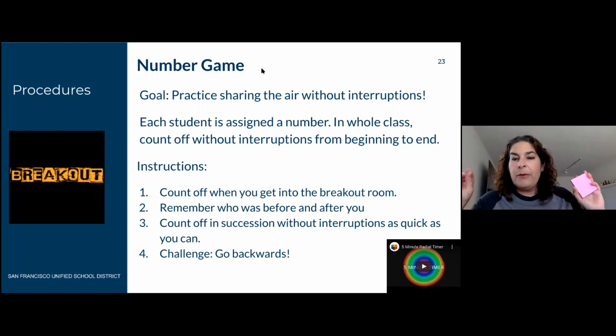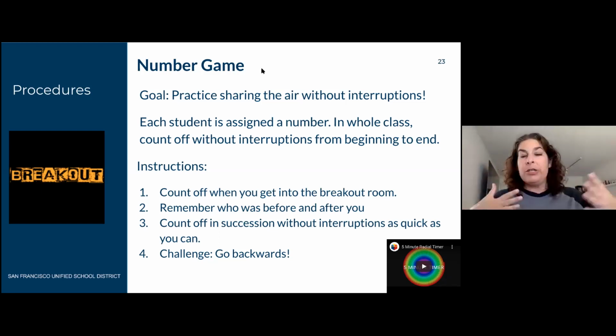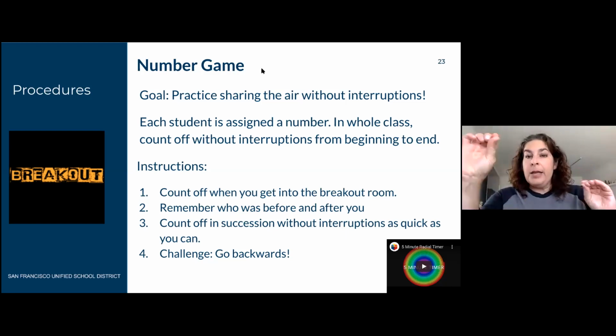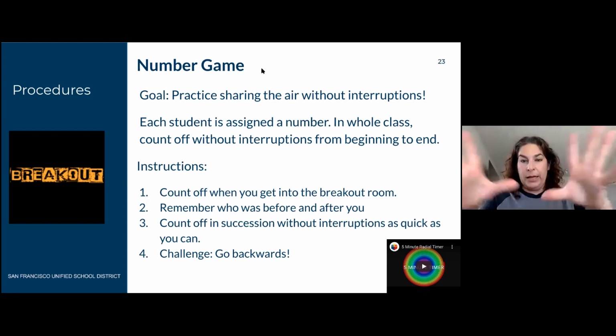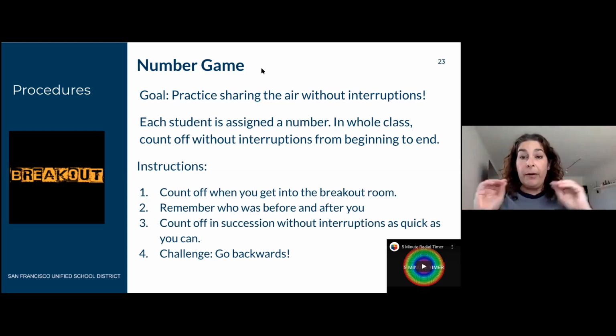Because before, you're all strangers, and I'm not establishing numbers right now, so it's a little bit tricky. But basically this is a game you can play with your students to teach them how to practice sharing the air with no interruptions. In the virtual fantasy world that I have, every student has a number assigned to them with their name. And the whole class would work in speaker view together, and they would call out their number from 1 to, say, 25 without interruptions.